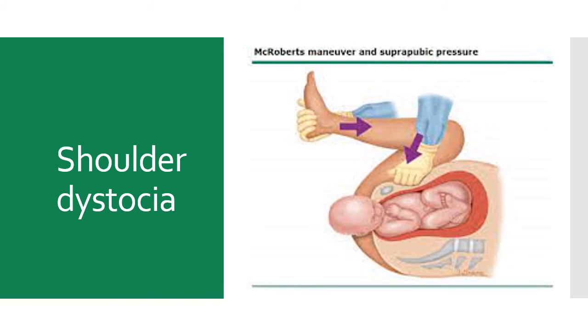All right, so things that you can deliver if you have to. So let's say we have a baby and it's coming. We get there and mom says, or the pregnant person says, I feel the urge to push. And you look and there's definitely crowning, and the head comes down and the baby lifts up, and you feel, and there's no nuchal cord, and the head rotates, and the baby starts doing this thing that we